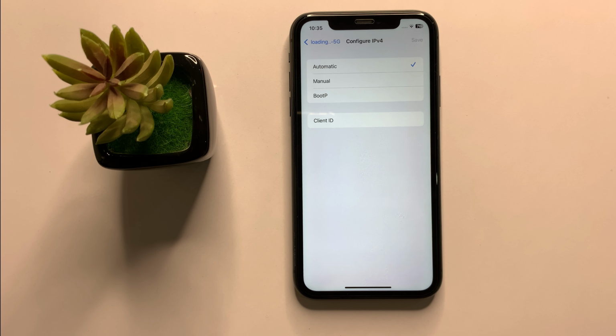So this is the way to configure iPhone 16e to use manual or automatic IP